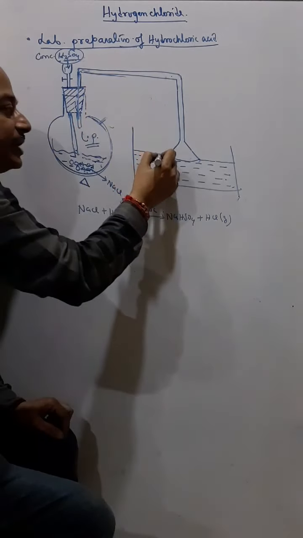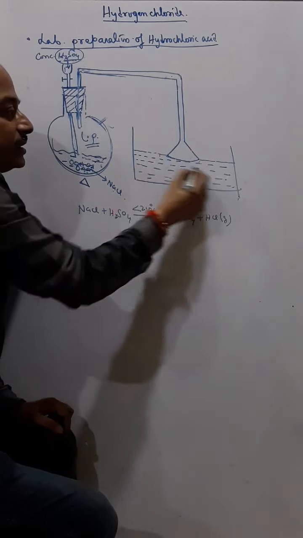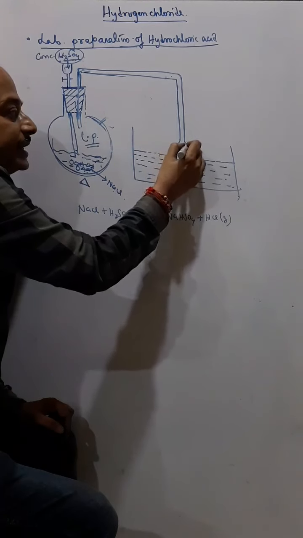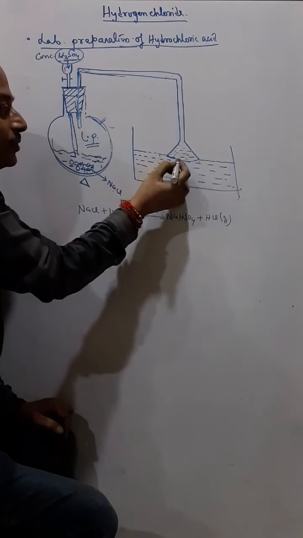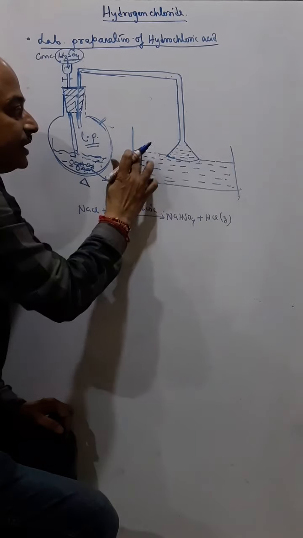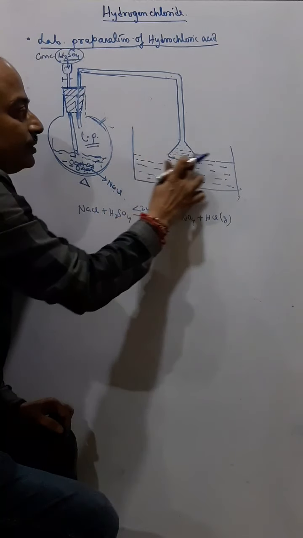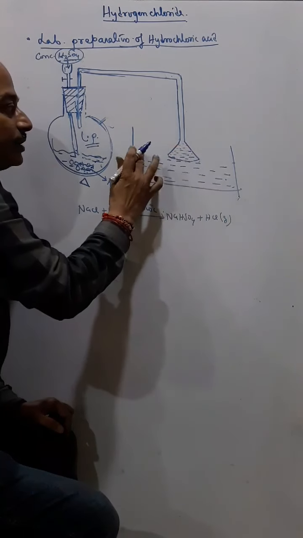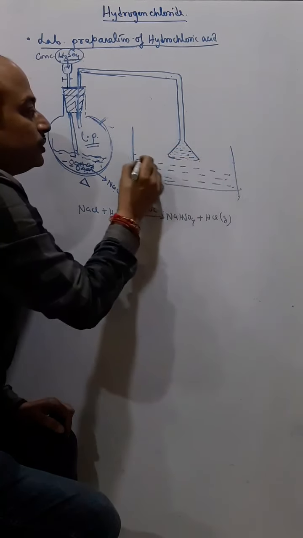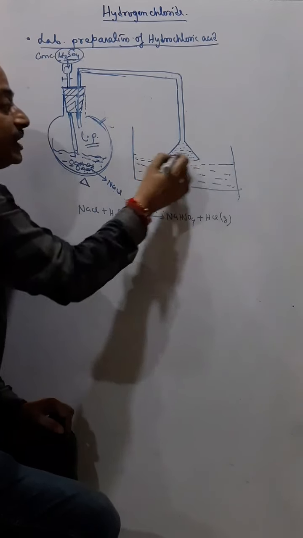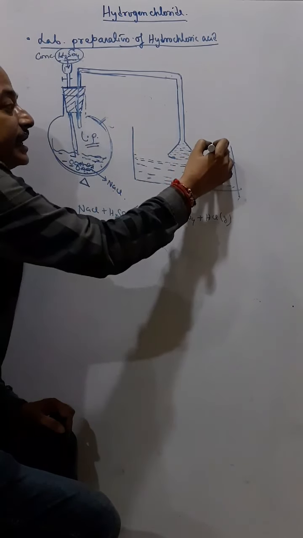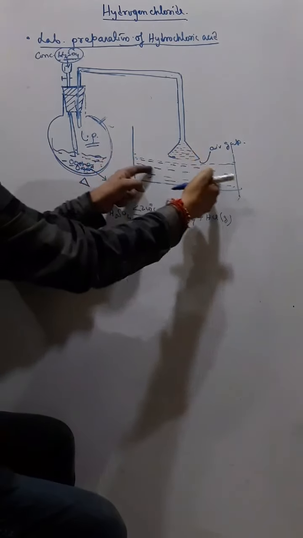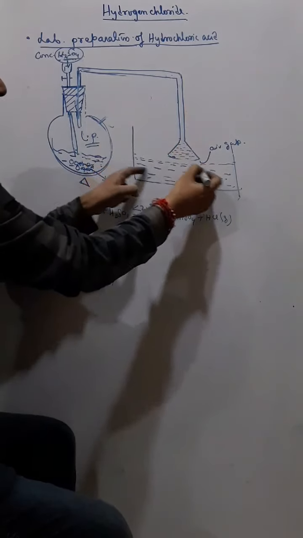But when there is a back suction, the water will fill into this funnel like this, and when the water fills in the funnel, the level of the water here will fall because this water gets inside up to here. Now what will happen? The level of the water falls and there will be a gap. So there is an air gap, because as there is a back suction and the water enters the funnel.